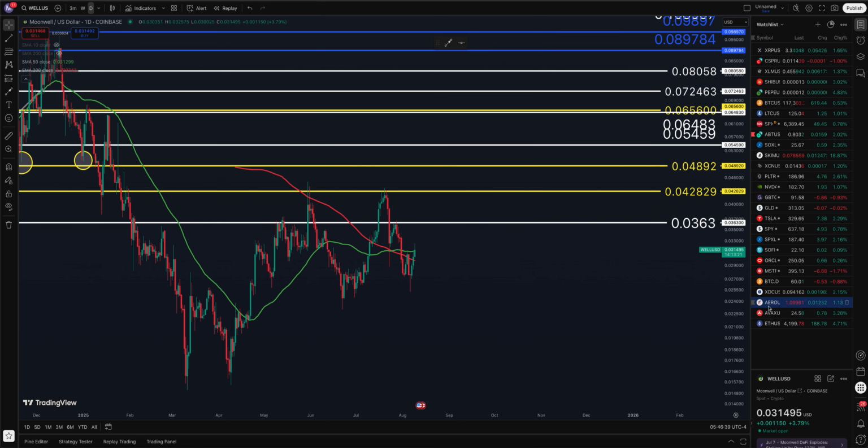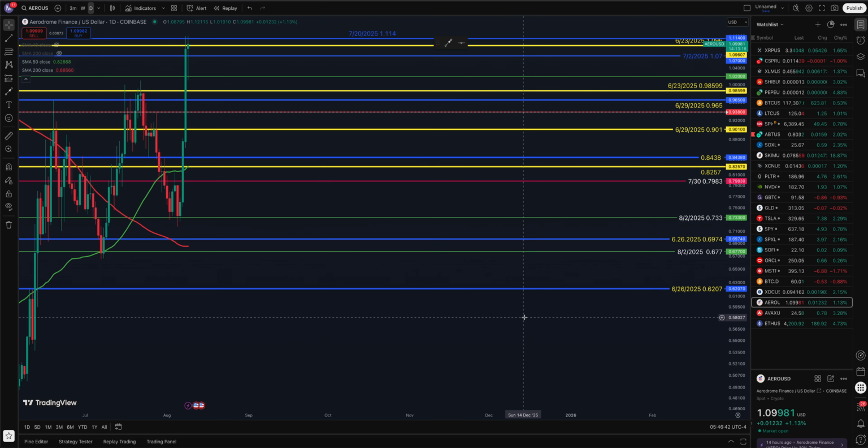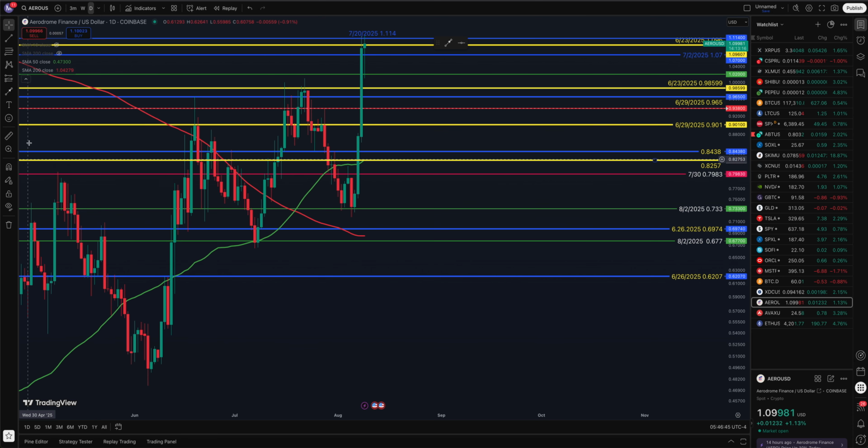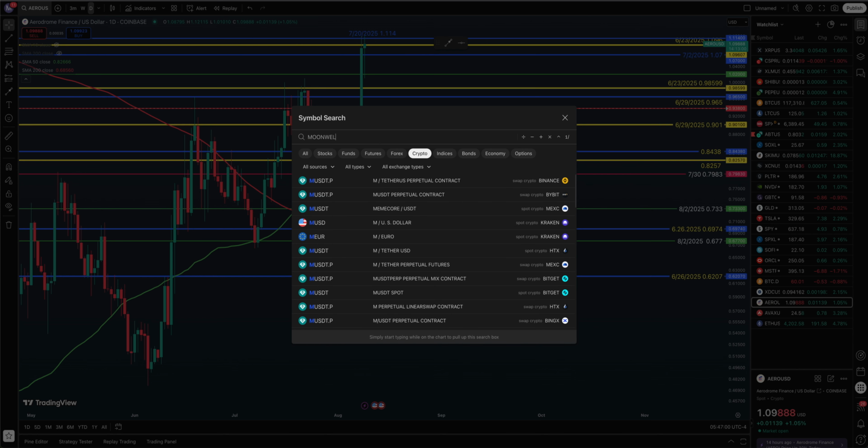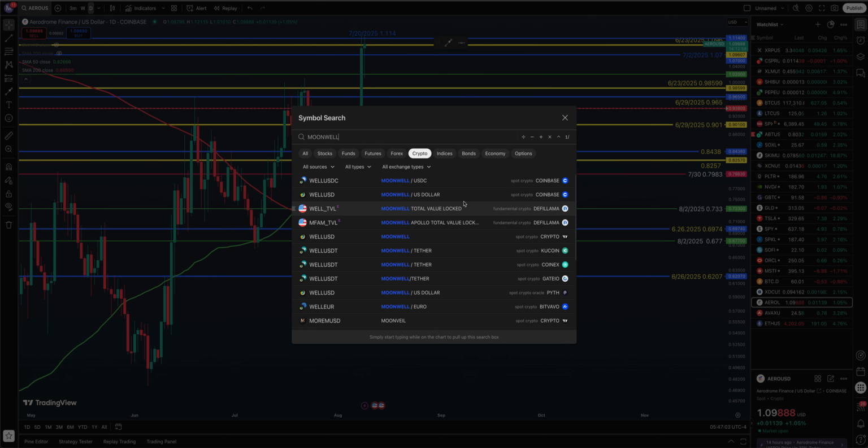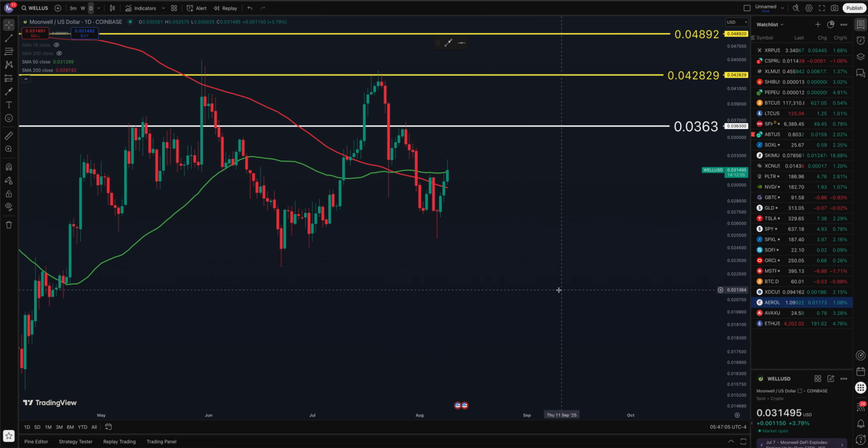Again, if we go back to the Aerodrome finance chart, once we saw this market make a new higher high, it was the same dates too. The market took out the highs here from the 4th of August, and then 1, 2, and today, third day, things are a little quiet, but we took out our highs over here. So if we go back to the Moonwell chart, that would be basically like today pumping all the way up to call it 3.6, and then tomorrow taking us up to 4.2 and probably closer to 4.8. So that can happen pretty quick.